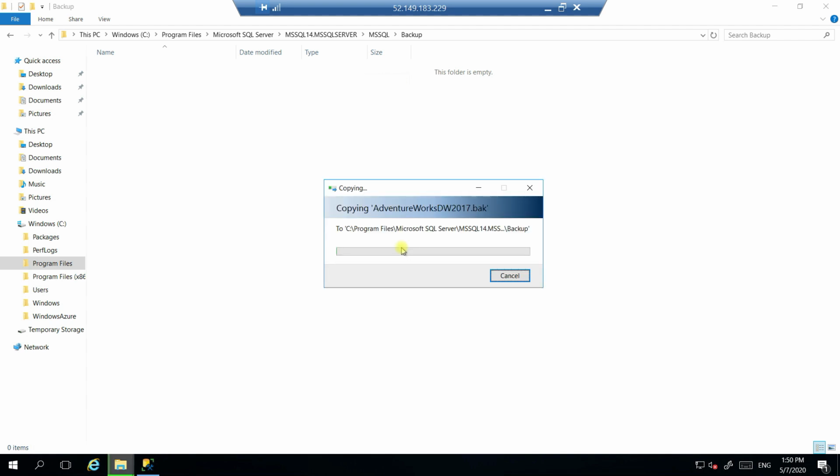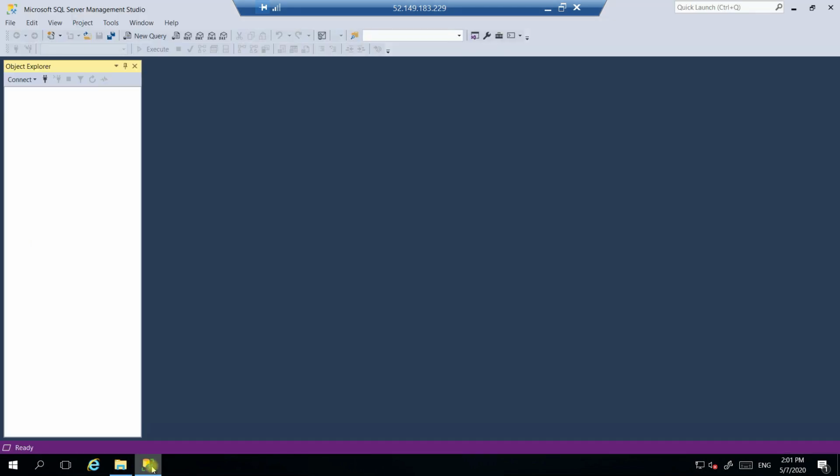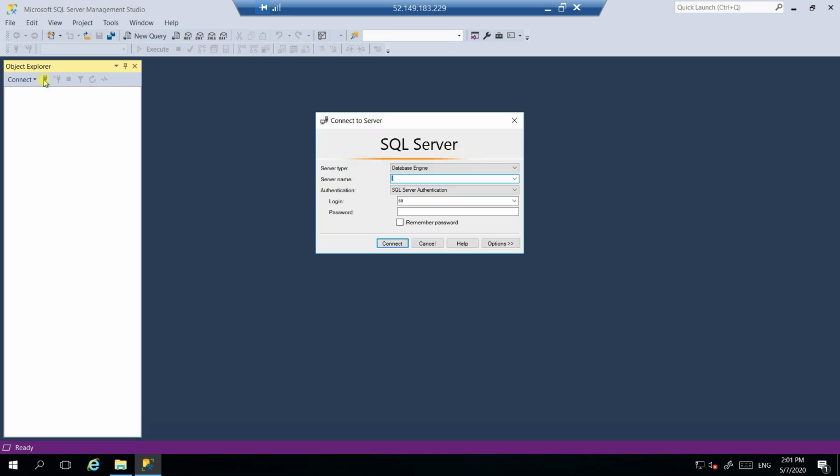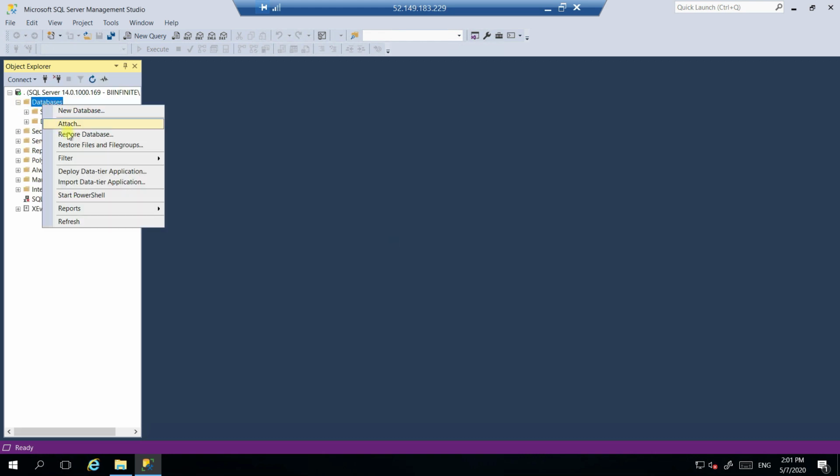Once it is done, I can go to SSMS again and restore these backup files. The files got copied, guys. So we go to SSMS and connect to the server, and click on the database, Restore Database.